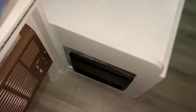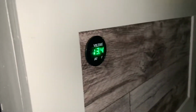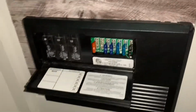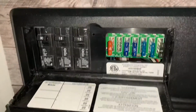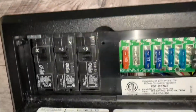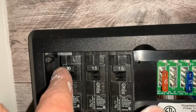Other than that, the entire electrical system is still done, thankfully. So we're running at 13.4 volts, and if I come over here and turn off the, oh, the other thing I had to do, and this is the PD 4100 issue, is that this front cover comes off, obviously, it pops off. And it wasn't sitting on there properly because up here,